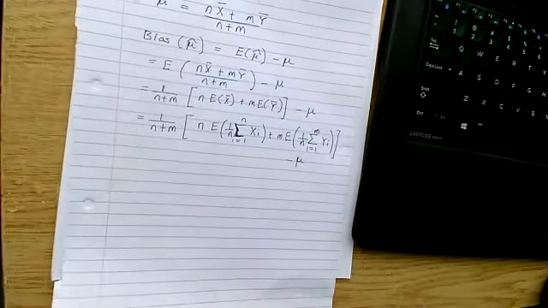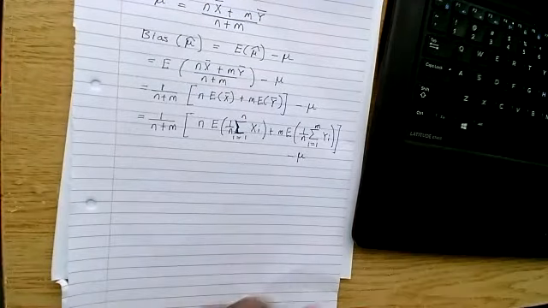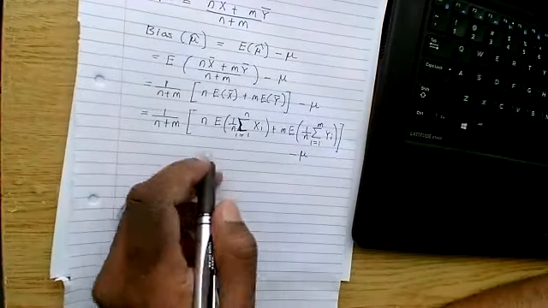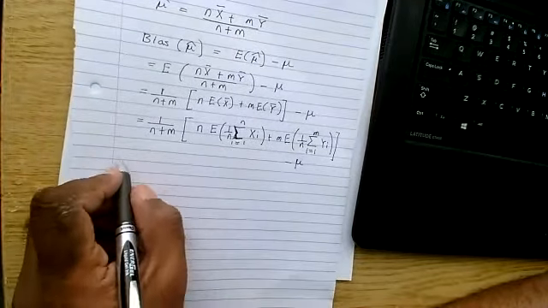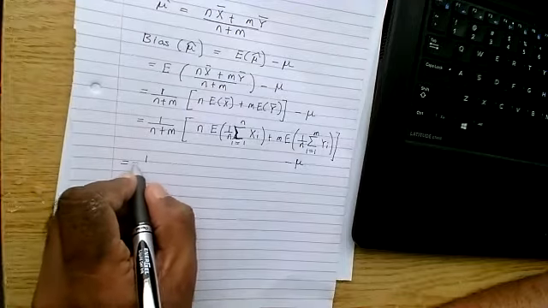Okay, like this. Right now I'm going to take the expectation inside the summation. So this will be,